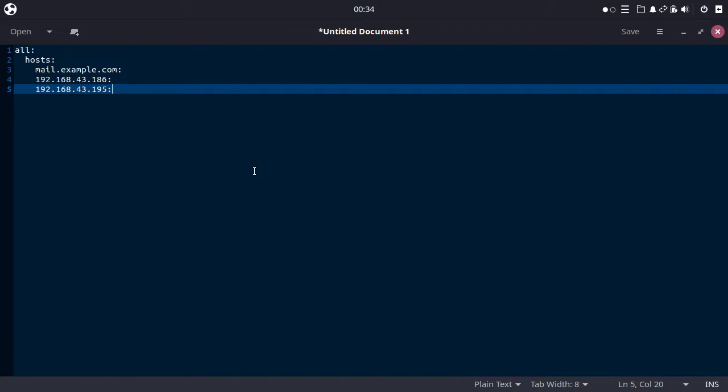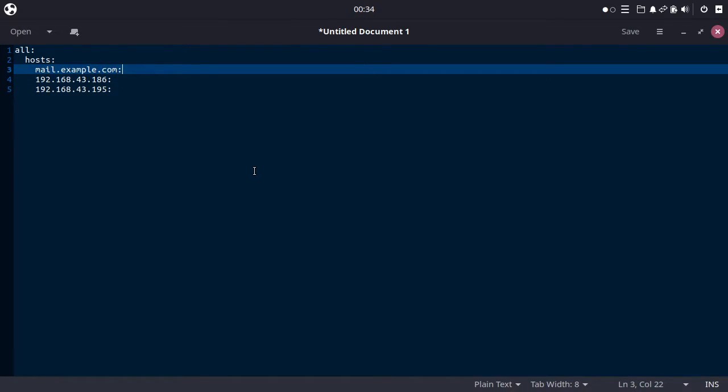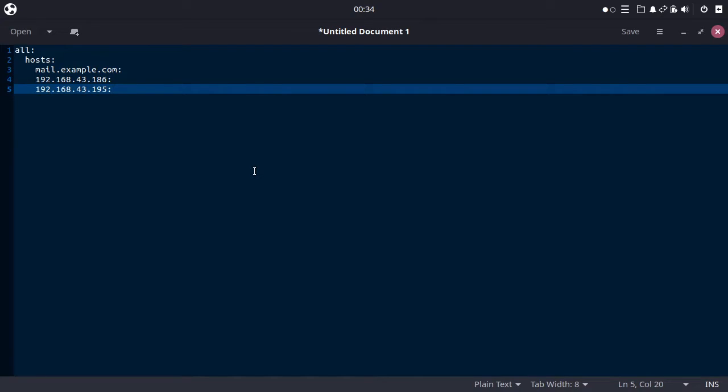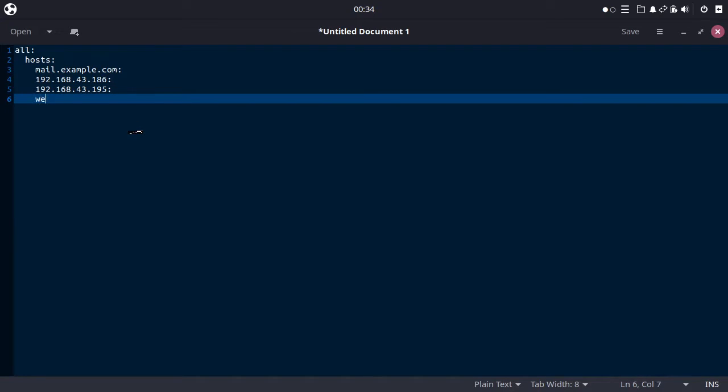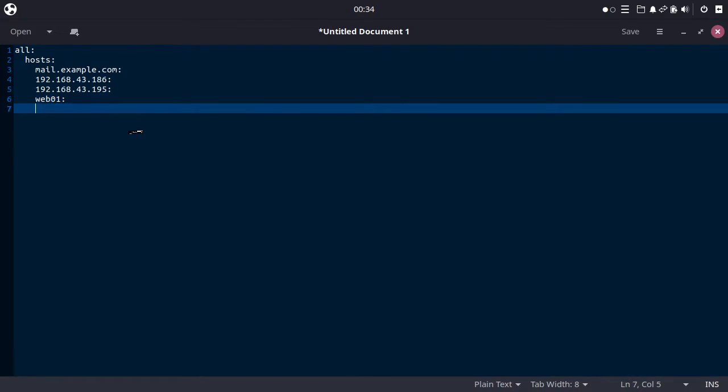But again, we only have two. Let's say for example we also have another host. For example, this is for web01 and web02. Web01 and web02 are the host names for our web servers.